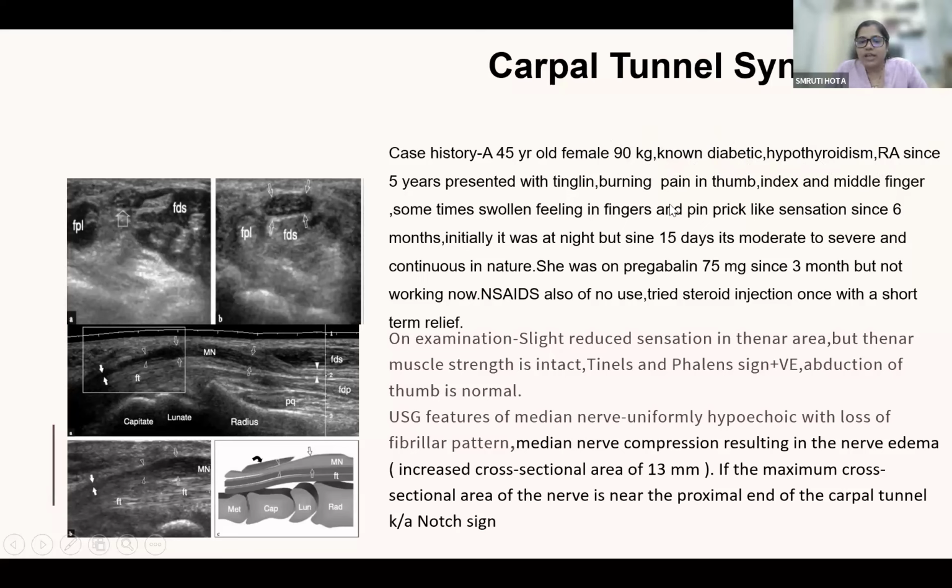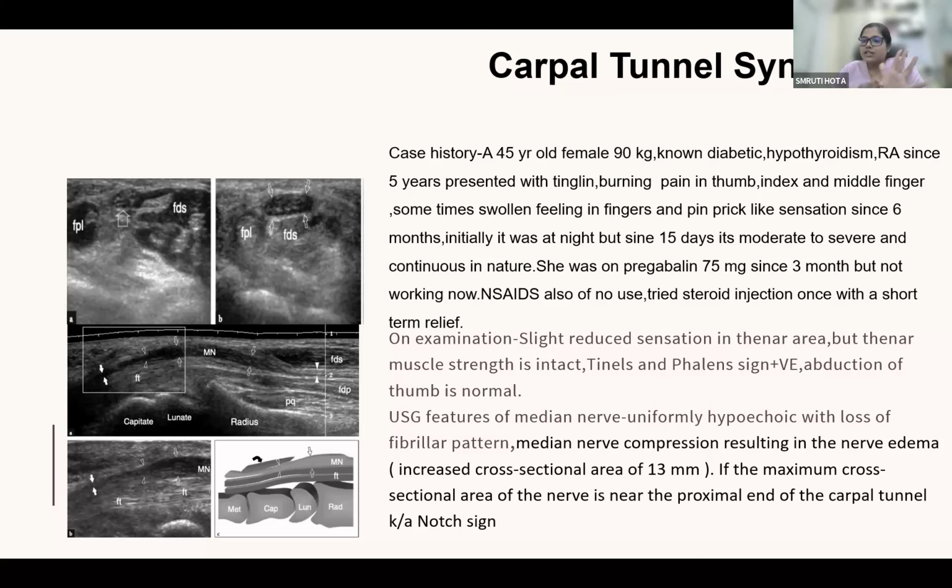carpal tunnel syndrome. She has had this for 5 years, and now she is presenting with tingling, burning pain in the thumb, index, and middle finger. In carpal tunnel syndrome, the patient commonly complains of pain, tingling, and numbness mainly in the thumb, then the index and middle finger. Sometimes the medial half of the ring finger, but rarely. Mostly these 3 fingers they complain about. And sometimes they will feel numbness, like something is swollen, my fingers are swollen, and a pin prick